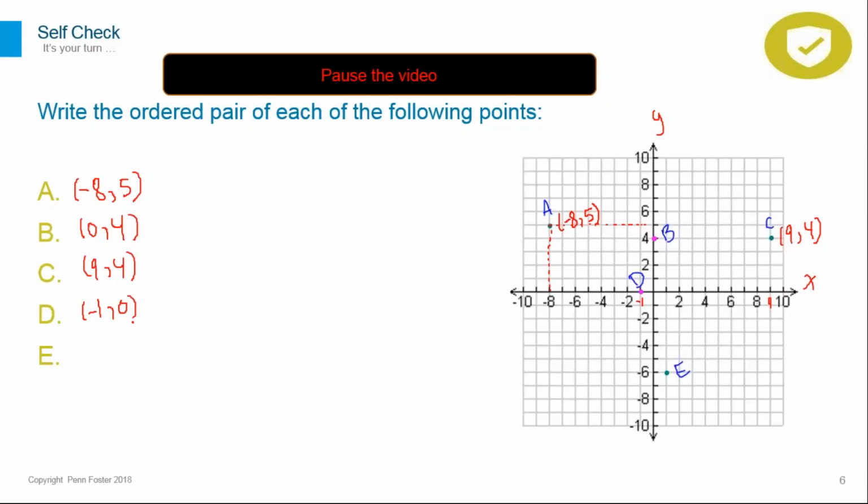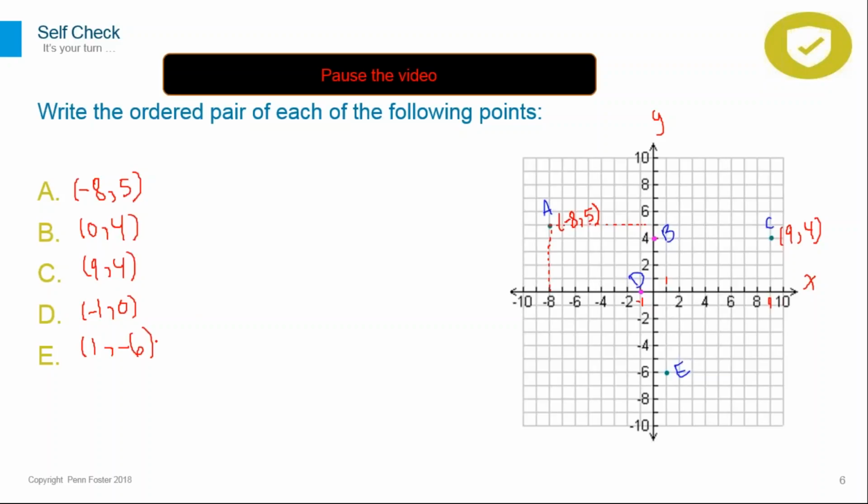And then E is 1 and -6. So that is the 1 and -6. So 1 on the x-axis and then go down 6 points, and that will give us the 1 and -6